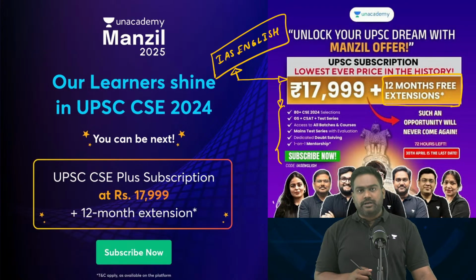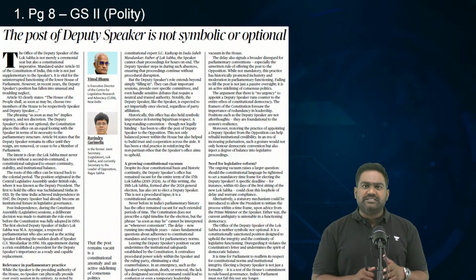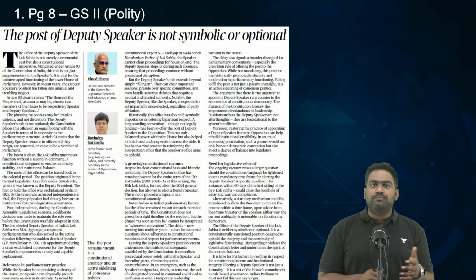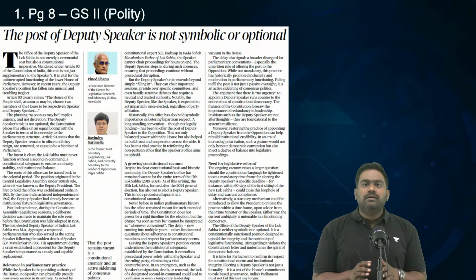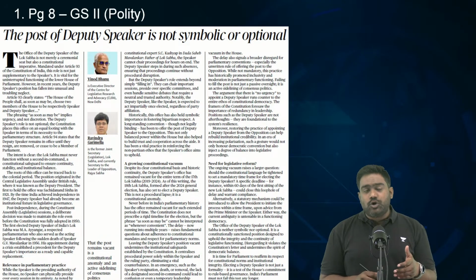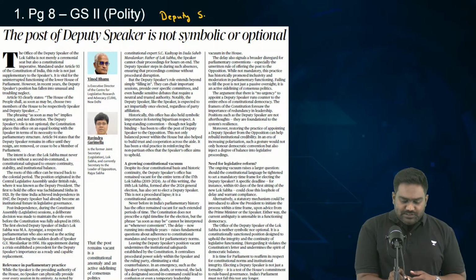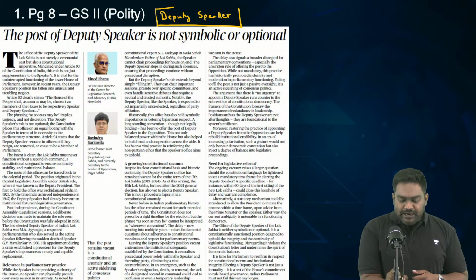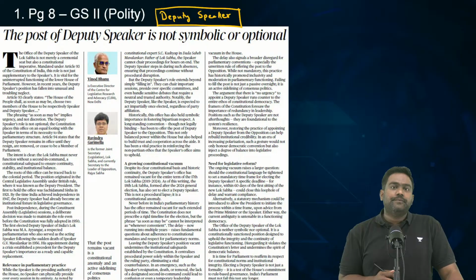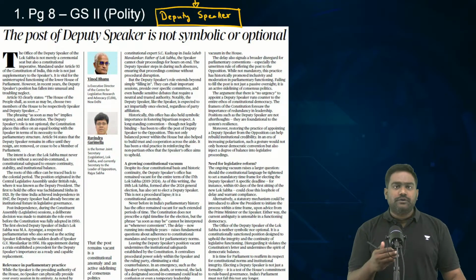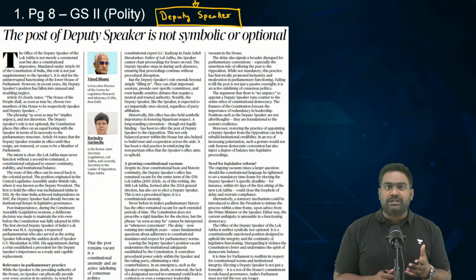With this, let's get started with our discussion and let's look at this important article on page number 8. This topic is related to Indian polity. The article is exploring the importance of the office of the Deputy Speaker of the Lok Sabha. The article is written by an eminent legal and constitutional expert. So, this article gives us an insight into the office of the Deputy Speaker, the role and importance of the